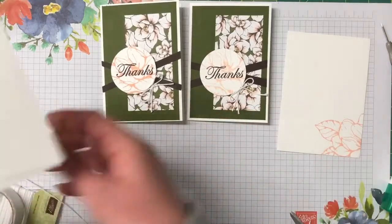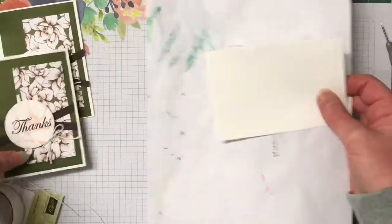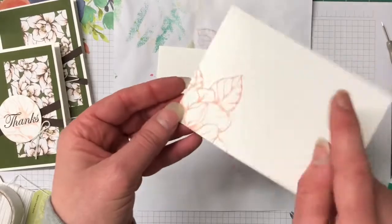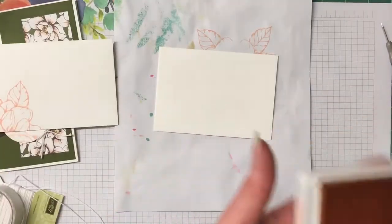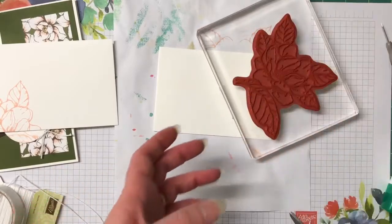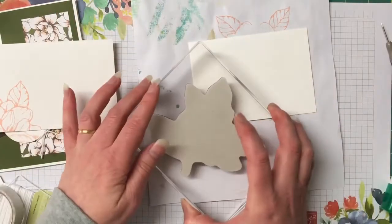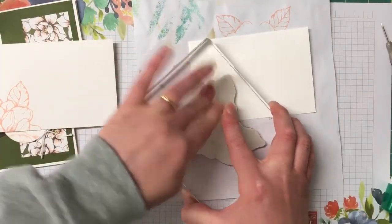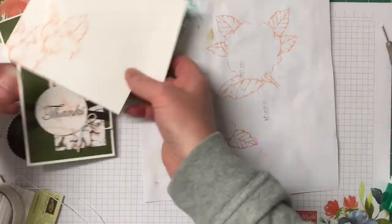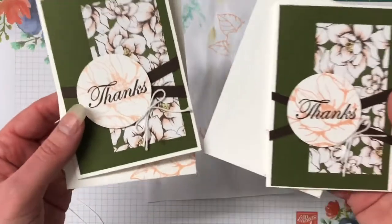So the last thing to do is my envelope for this card. And for the envelope, I've just done the same for the inside, just a little corner of that stamp. So let's ink that stamp up. I'm just going to do that corner. And that makes our second last